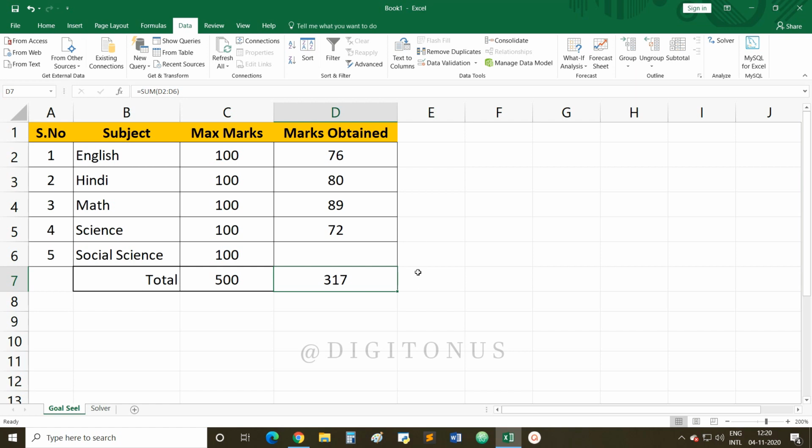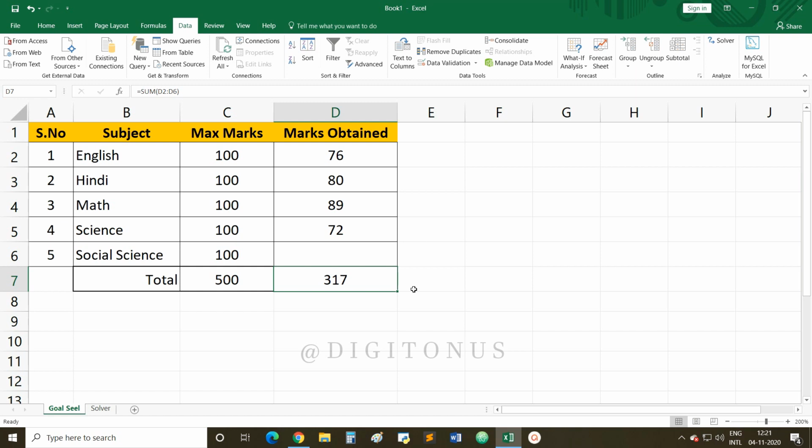Now to use the goal seek feature, the important part is that you have to select a target cell. Suppose this is 317. This is the value I have to achieve. Now instead of this I have to achieve a value that is 410. So whatever cell you are selecting in which you have to obtain the desired output, what is mandatory in that cell is that it should contain a formula.